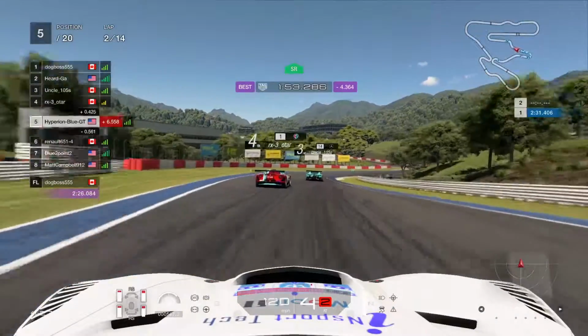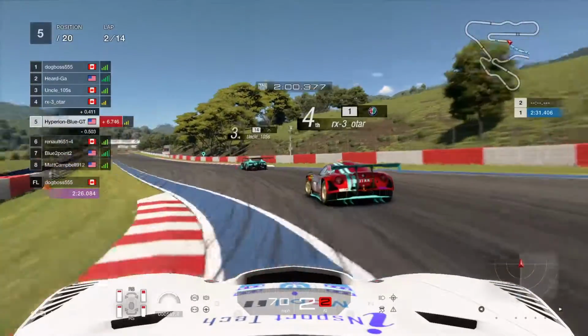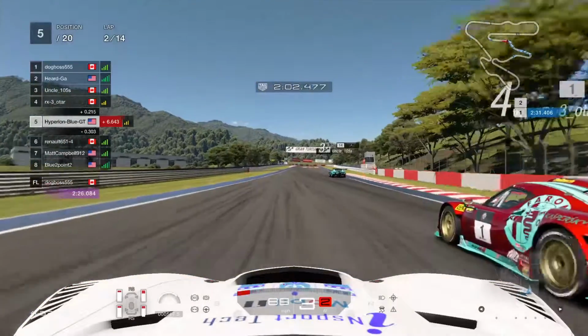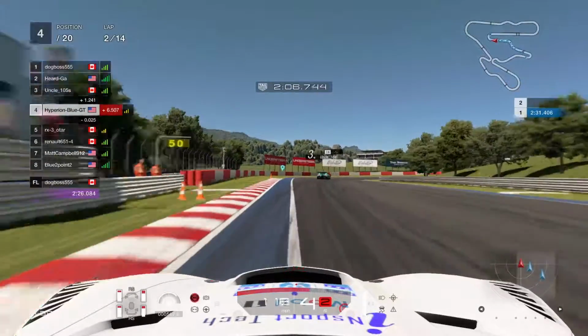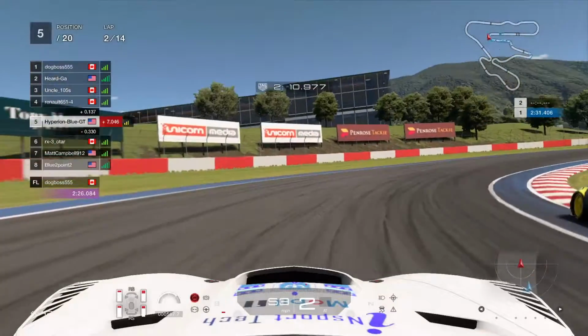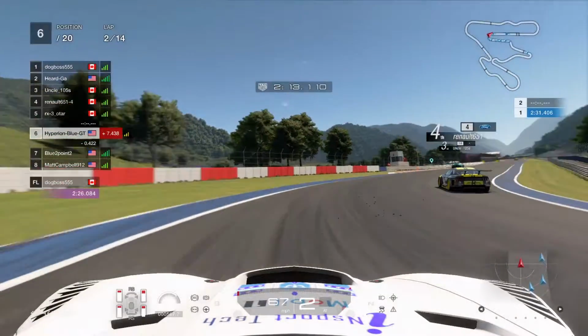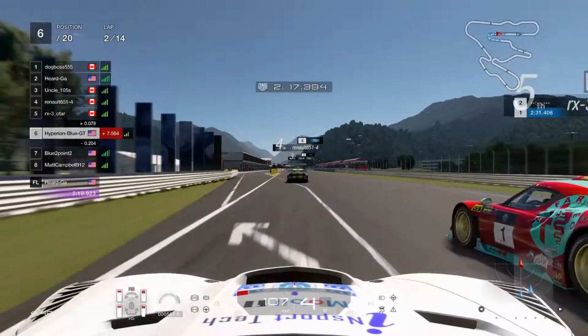Now, if I might be able to take that turn, I'm going to get everything. I'll struggle to be able to go on for. Now this is going to be able to take that overtake pass to be able to go in. So pushing myself onto 4th place is going to get everything to be well necessary. So it looks like RX3 Oltar is trying to keep it up, and then it looks like Renault 651-4